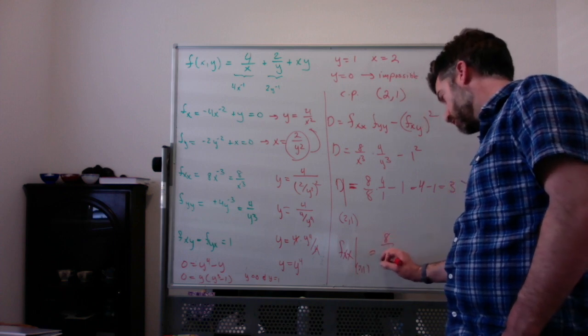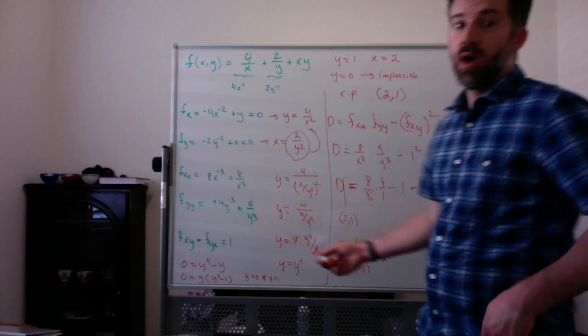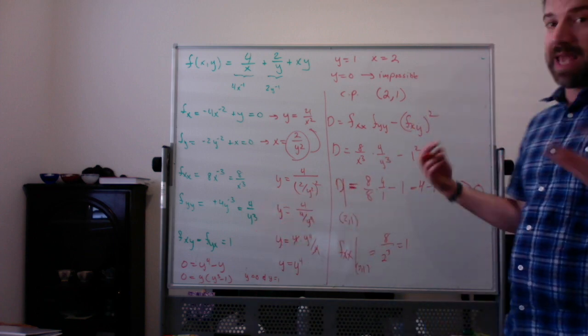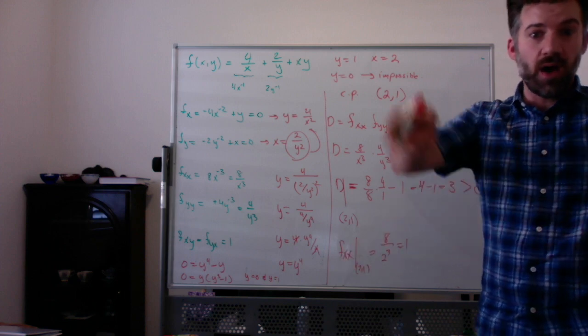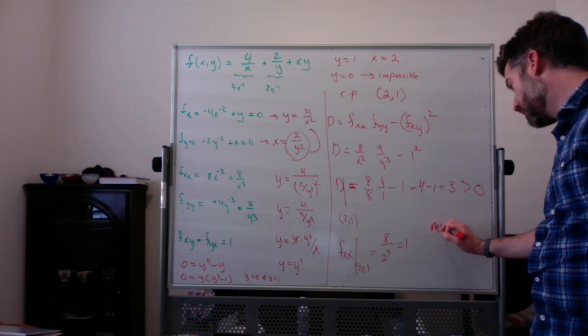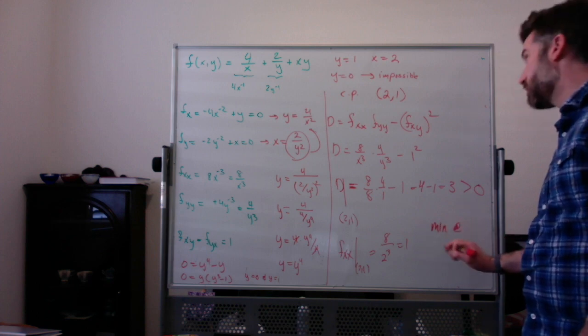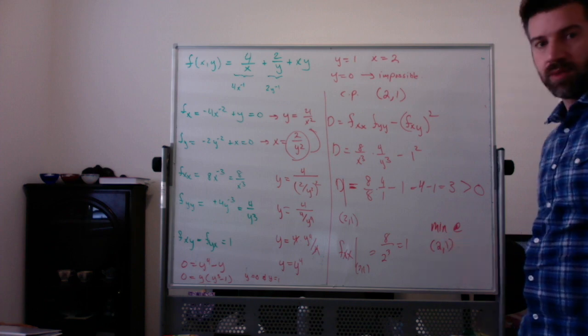You get 8 over 2 cubed, which is 1. And fyy is also positive. In a different problem, you could also get them both being negative, and that would give you something different. But here, since both the second derivatives are positive, it means we're concave up, which means we have a minimum. So a minimum at the critical point (2, 1). Okay, I'm going to do